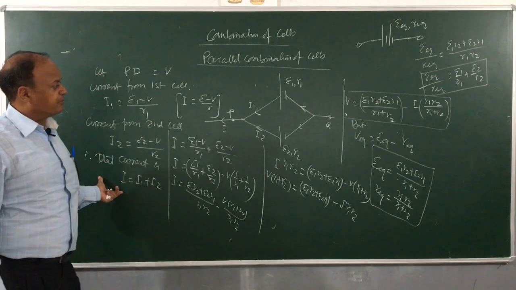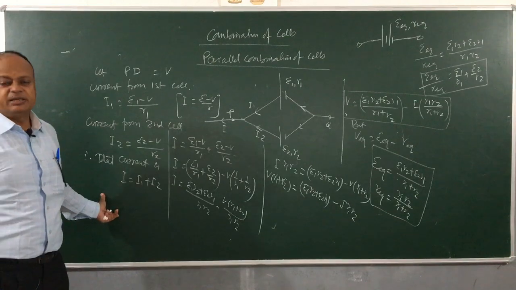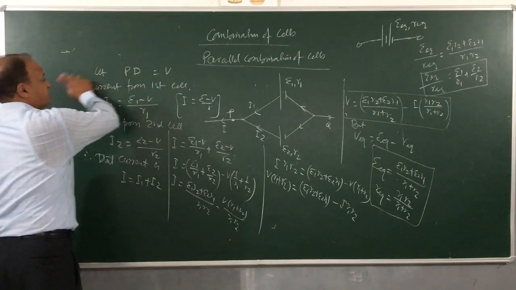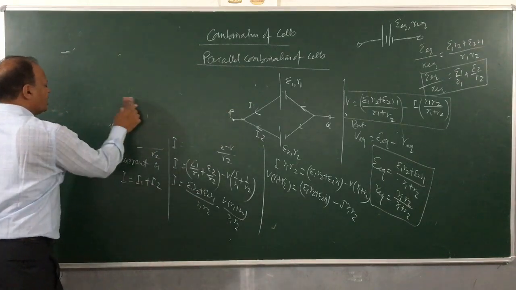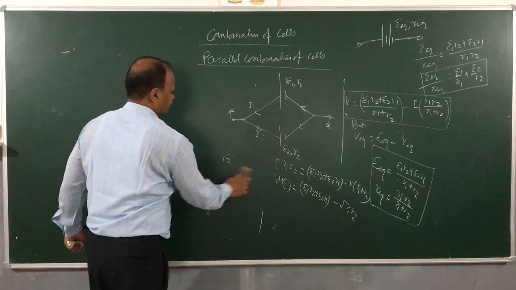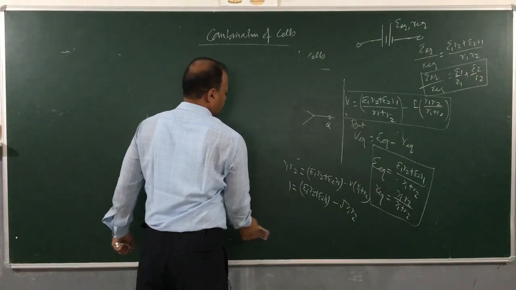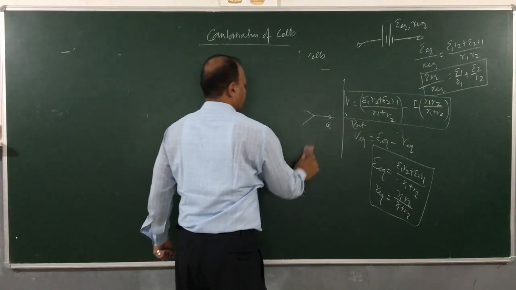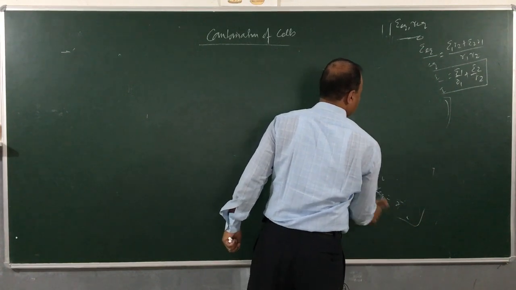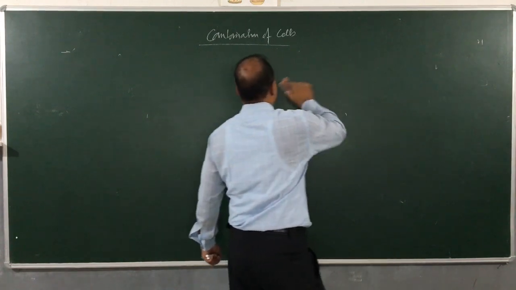In parallel combination, you have to bear in mind that the applied potential difference here is what? Same. And then from there we calculate how much is the total current in the circuit. So we saw a situation for two cells, but you can come across a situation where we have more than two cells. We can connect n cells. In parallel combination, we have seen all the positive terminals will be connected at one point and all the negative terminals will be connected at the other point. The entire combination will be held between 2 points only, right?